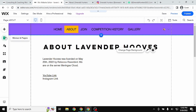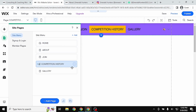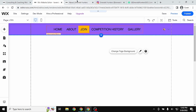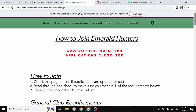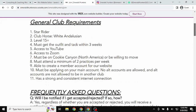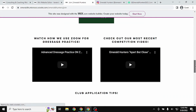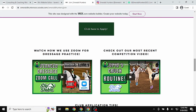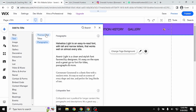Okay, so now go back to the join page, and we probably have to delete this competition page too, but for the join page, same idea. Let's talk about the join page for Emerald Hunters. And this will give you some information about the club requirements and some frequently asked questions, as well as a link button here to apply. So let's go ahead and get a general idea. Let's add some text, title,